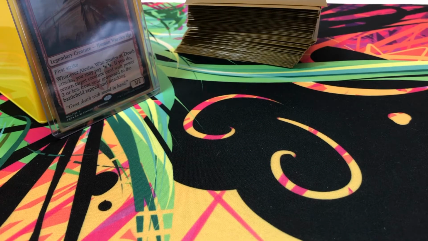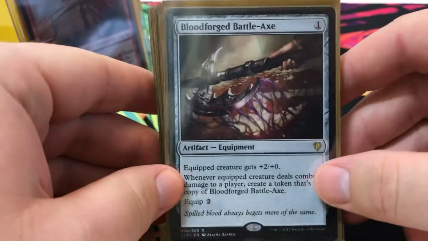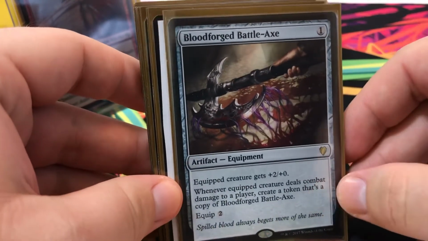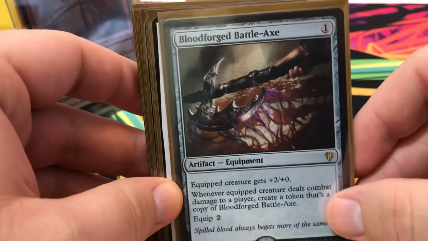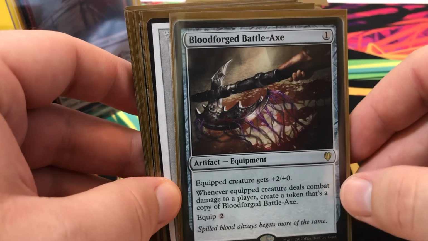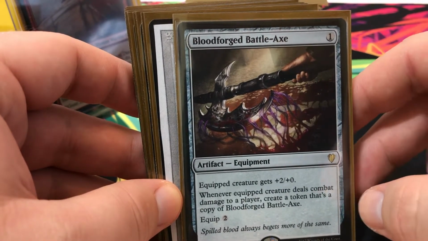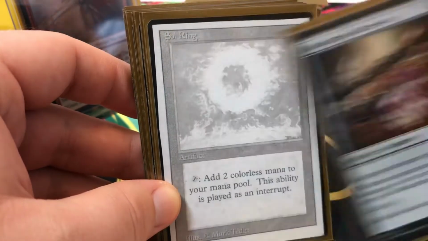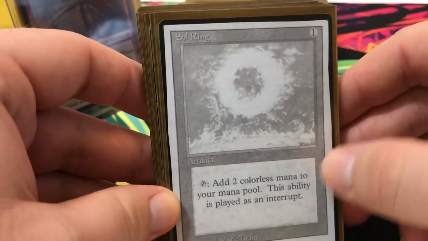Now the fun part, the artifacts in this deck. Probably the best one you want to try to get is Bloodforged Battle-Axe. Now this card has been increasing in price recently. So right now it's like 7, I think. So you might want to try to get it cheap before it goes boosting off. Equipped creature gets +2/+0. However, when a creature deals combat damage to a player, create a token. So you're basically creating multiple Bloodforged Battle-Axes,